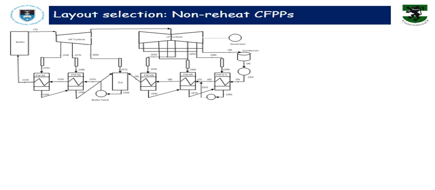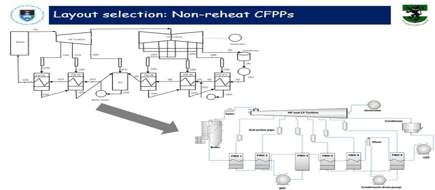So the next thing is to select typical layouts for the different kinds of architecture. So for a non-reheat coal-fired power plant, we selected this particular architecture with one high pressure turbine and one low pressure turbine with a double flow, and then with 6 feed water heaters in it. So this particular layout was modeled using a software called EPPEI VirtualPlant. That's the software that was used to model this particular type of plant,